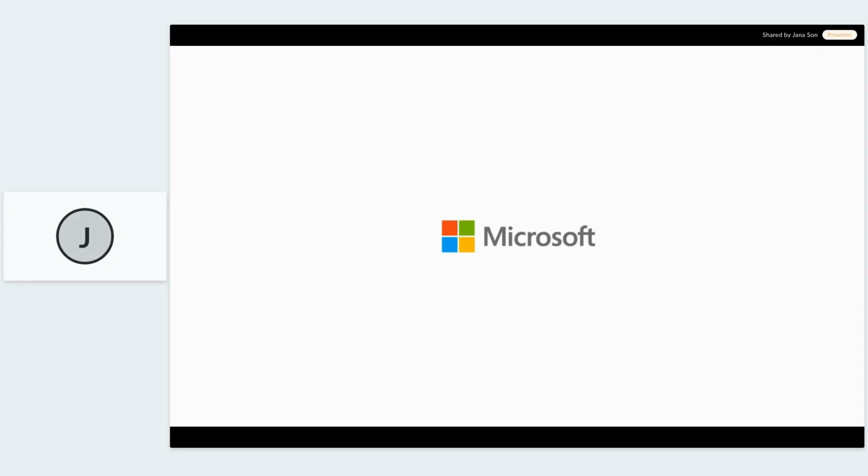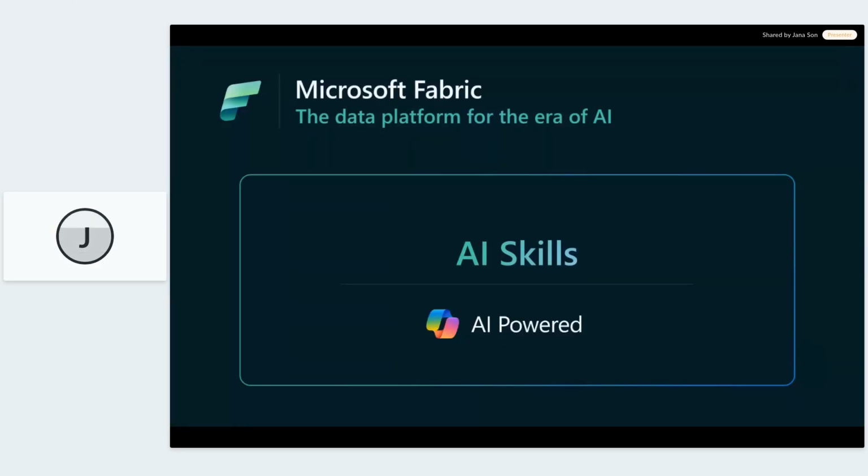However, the Copilot experience, for example, in the report, cannot be customized. So it has a certain logic behind it, and it's great for your analysis working directly in the report, but it's not really customizable for your specific data. But there are tools in Fabric that can help you with that. So another great addition to the AI stack is what's called an AI skill in Fabric, worth mentioning because it's a capability in Fabric that allows you to build your own generative AI experiences.